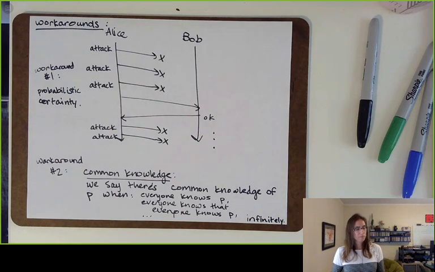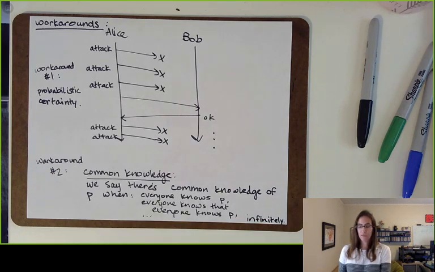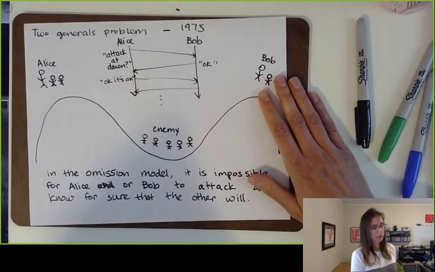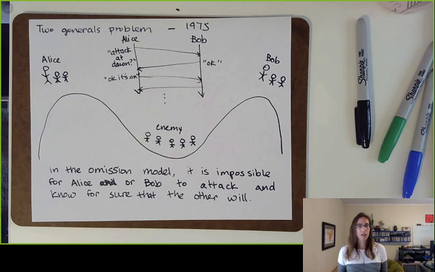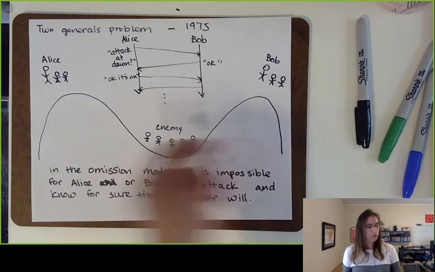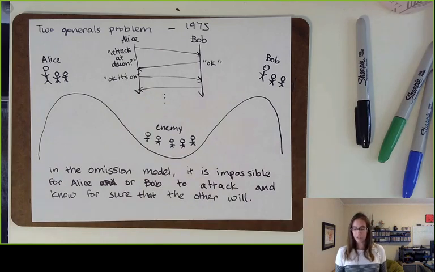Yeah, so Patrick points out the way that we sketched this out with the infinite acknowledgements that you would need to have to solve this problem kind of looks like the definition of common knowledge. So you can think of what's going on here as Alice and Bob attempting to establish common knowledge, but they can't.